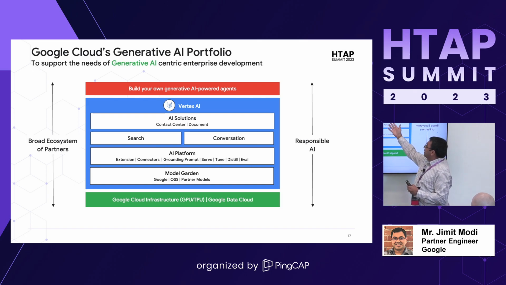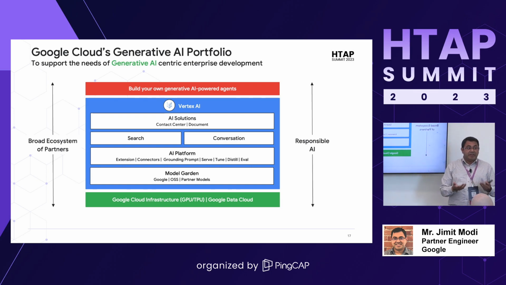The next one is all those AI solutions which we are aware of, like Contact Center AI and Document AI, where you can parse through a large amount of documents and get some inference out of it. It basically gets supercharged with generative AI. That's all of the offerings at the top. And then at the very top, you can create an application using Vertex AI. I'll show that in one of the use cases. It basically helps you improve the productivity of your employees.